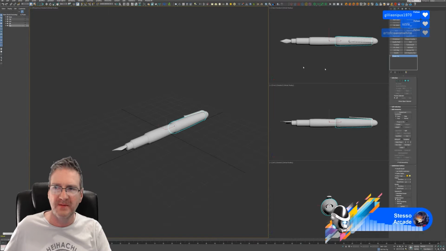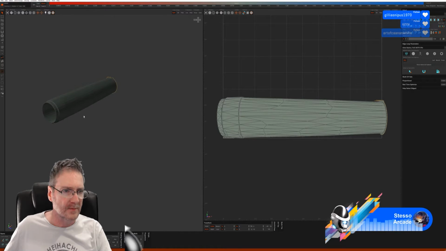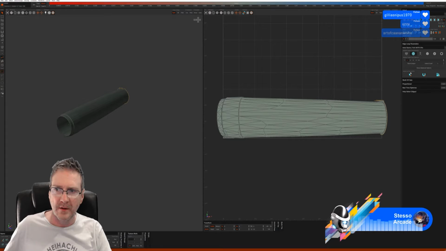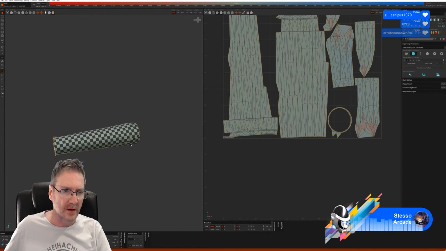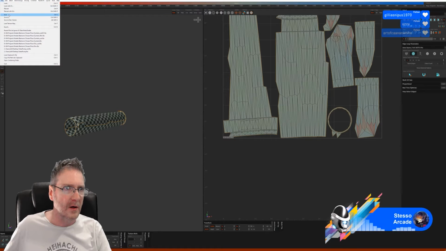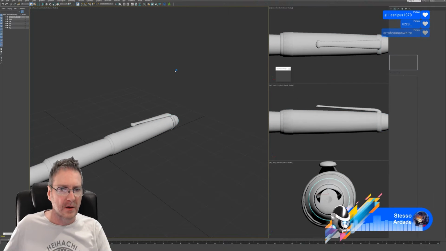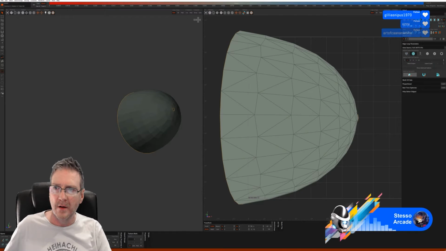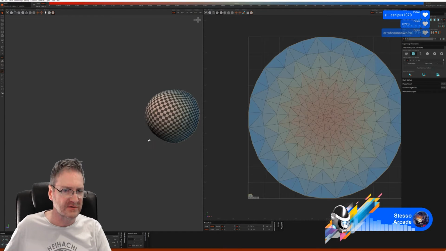Again, let's start UV mapping it up. We're getting a bit of stretching with the red, but not enough to worry about.